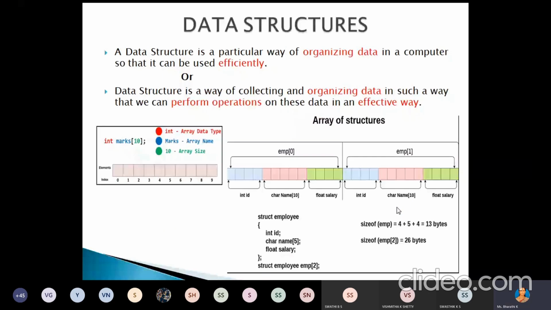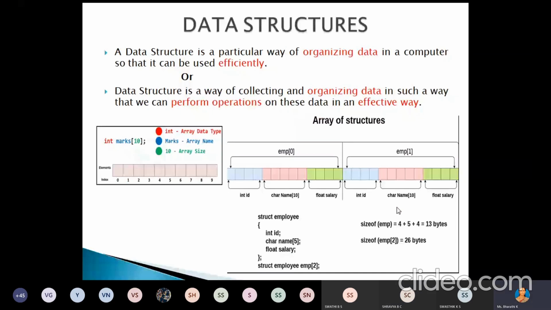Now, what is a data structure? Why is this data structure required? I told you initially that data is not in organized form, that is raw data, in unorganized form. Now, a data structure is a particular way of organizing the data in a computer so that it can be used efficiently.